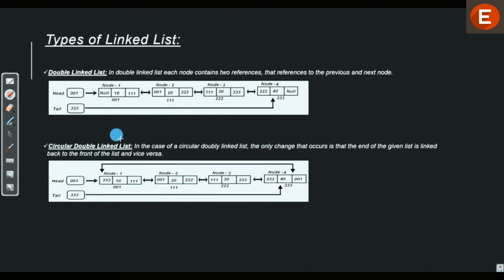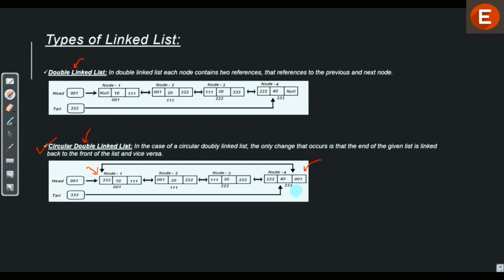Now let's see the last type of linked list, which is the circular double linked list. Once again there is a similarity between the double linked list and the circular double linked list. A circular double linked list is exactly the same as a double linked list. The only difference is the way the last node and first node behave.